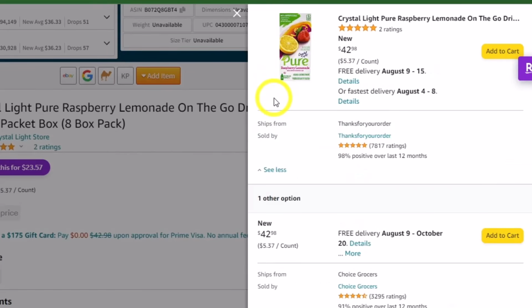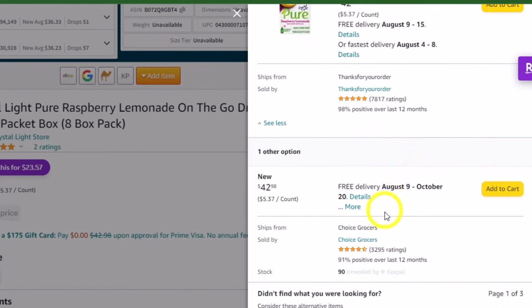Let's look at something here. Now this guy has 7,000, almost 8,000 ratings. He may actually have that many. I sort of doubt it. This guy has, what is that, 3,295, whatever that is, ratings.